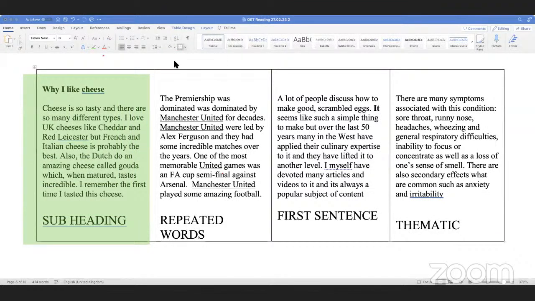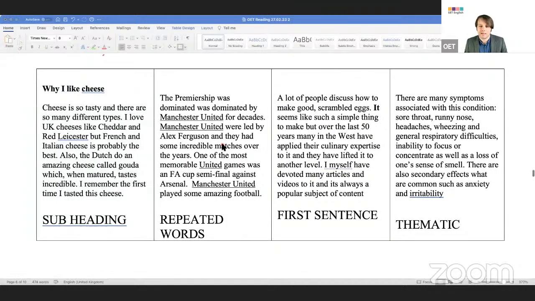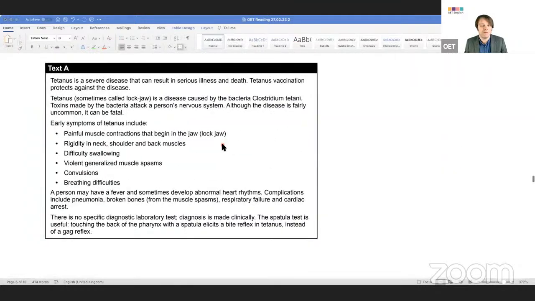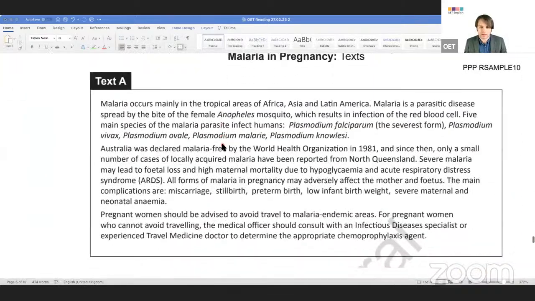Okay, so shall I do a quick test? I'll do a quick test on you guys, all right? Let's have a look at this here. All right, in fact, no, we'll look at that later. I'm going to show you something here. And I'm going to say